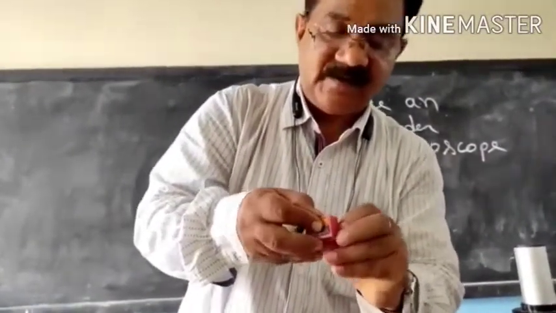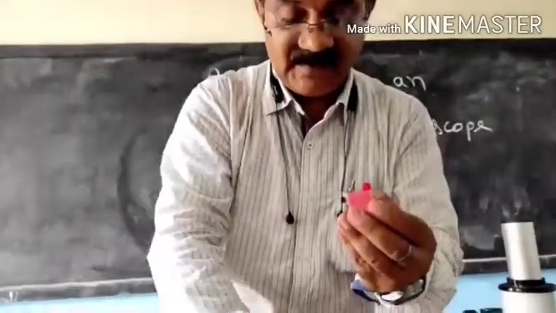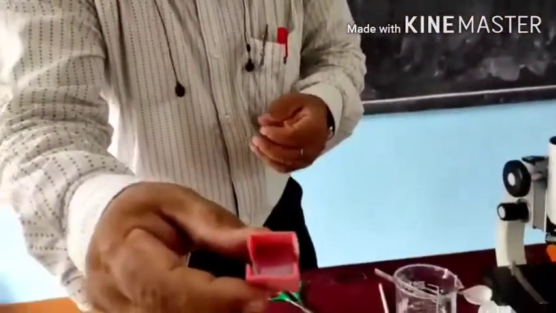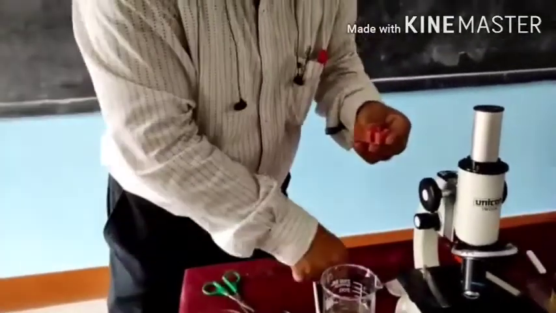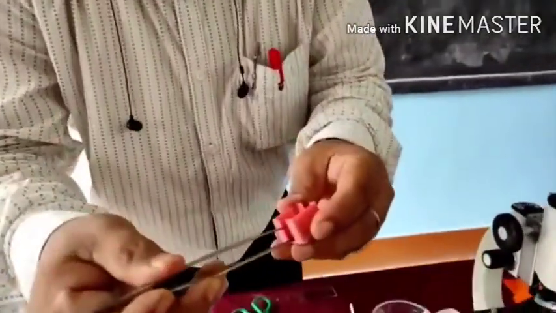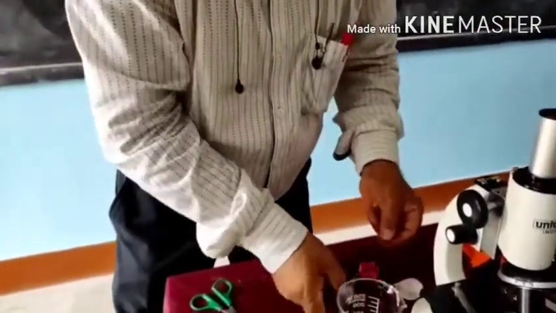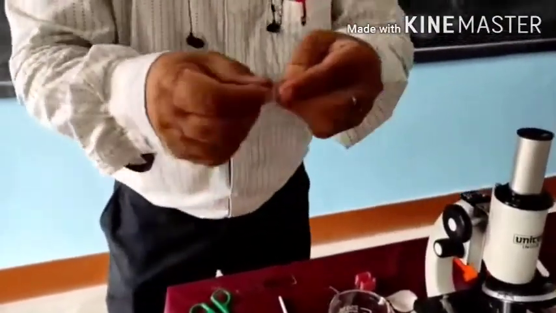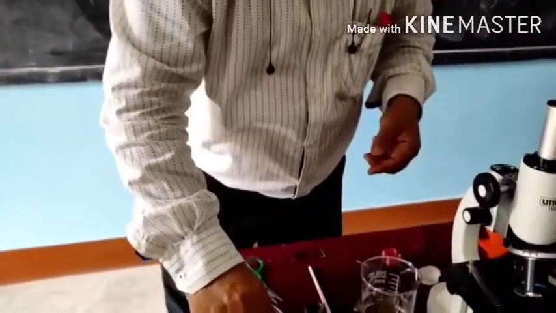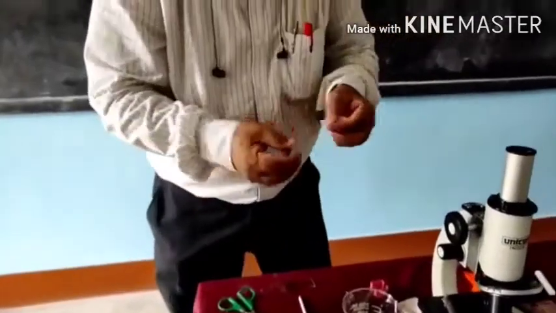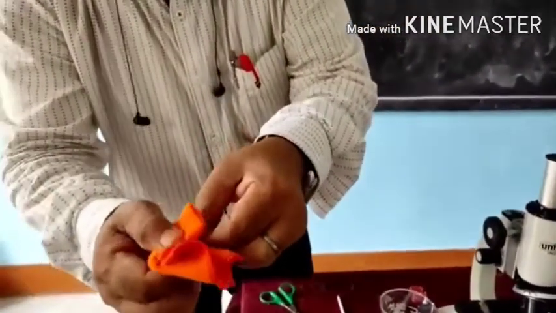You can see here how the cover slip looks. See here, this is the cover slip, a small square shaped glass thing, and that is the cover slip. One more thing, we need to clean it. I have to wipe it, I have to clean it, because I will clean this cover slip.